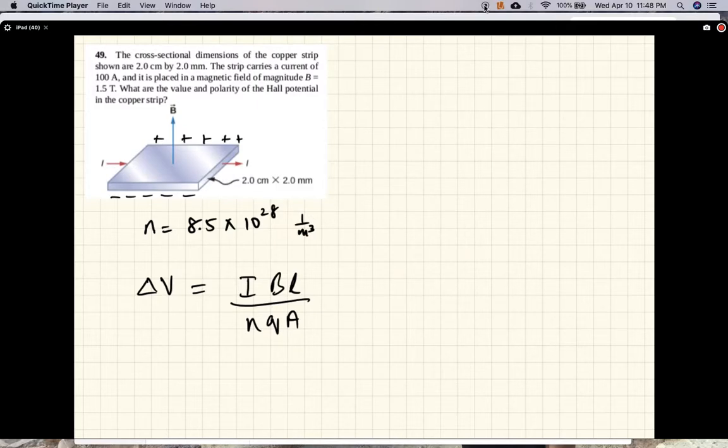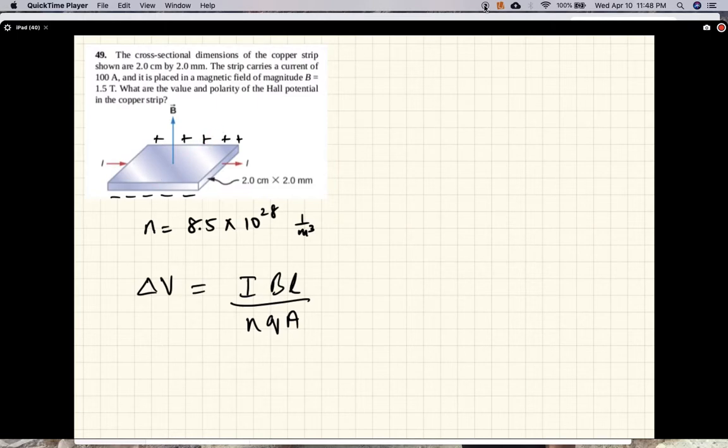Okay, so here is a Hall voltage problem. I have already looked up the copper charge density, carrier density, and the Hall voltage formula. I've also drawn the polarity of the Hall voltage. So the current is flowing in this direction, and what the Hall voltage is, you have a voltage